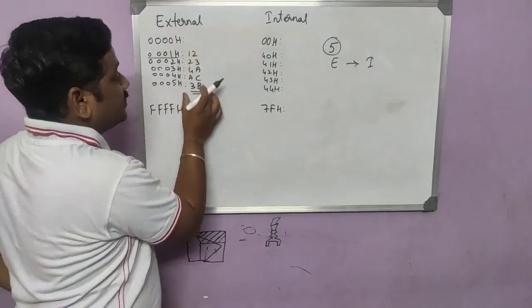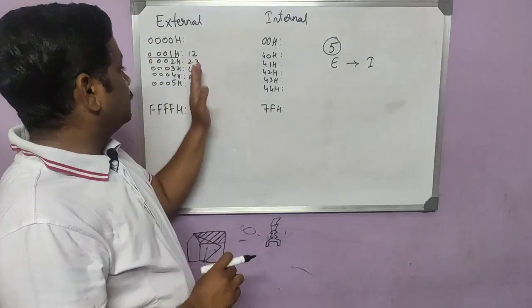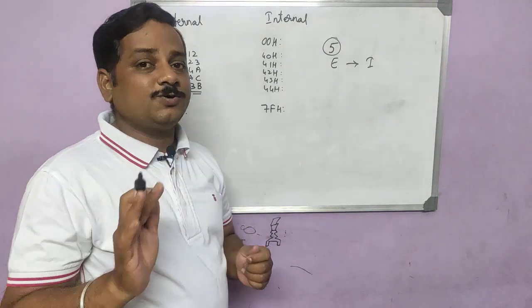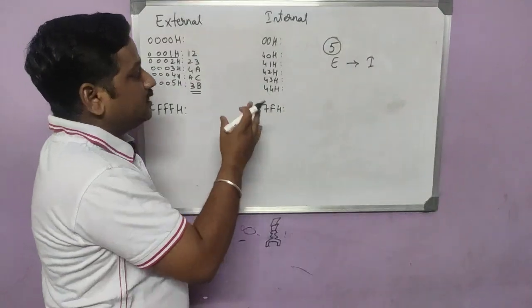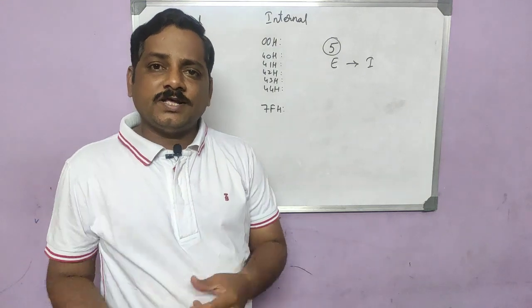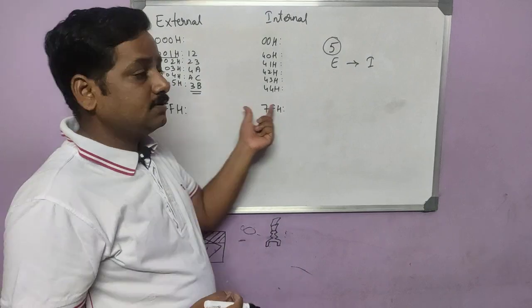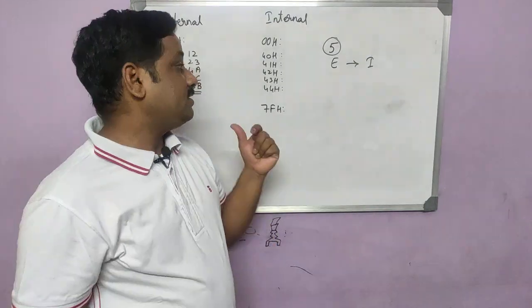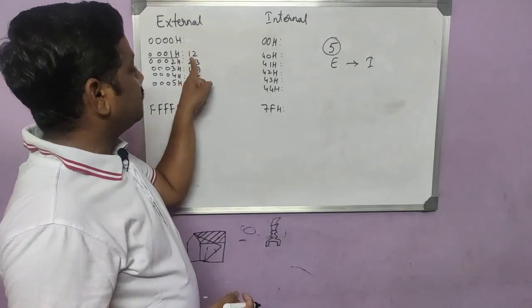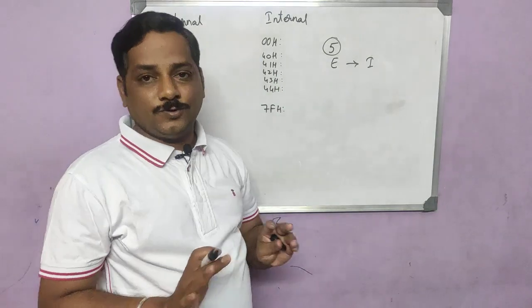This is our data at external memory, and now we need to write a program to move this data to internal memory. Okay, I hope you got the concept now. To do that, as I told you earlier, being a human being, we can directly give it to a person we need to transfer to. But a machine can't do that. The 8051 microcontroller cannot move the data in external memory directly to the internal memory.